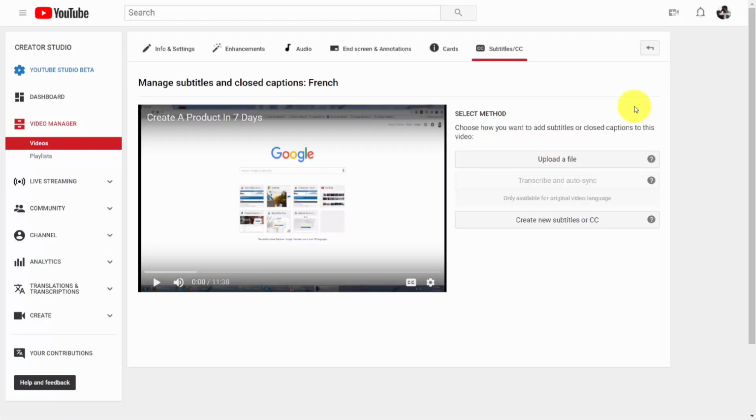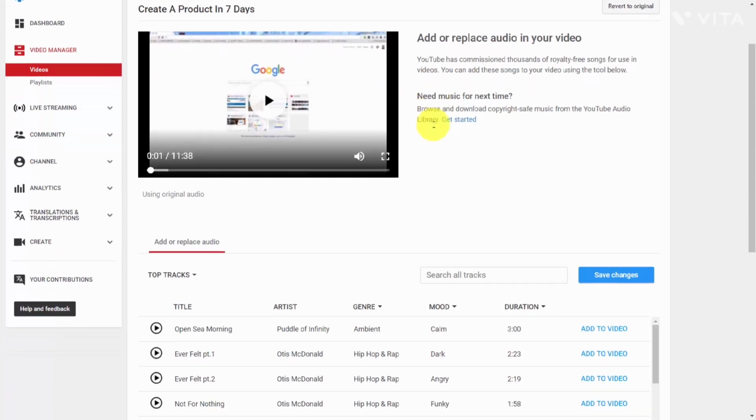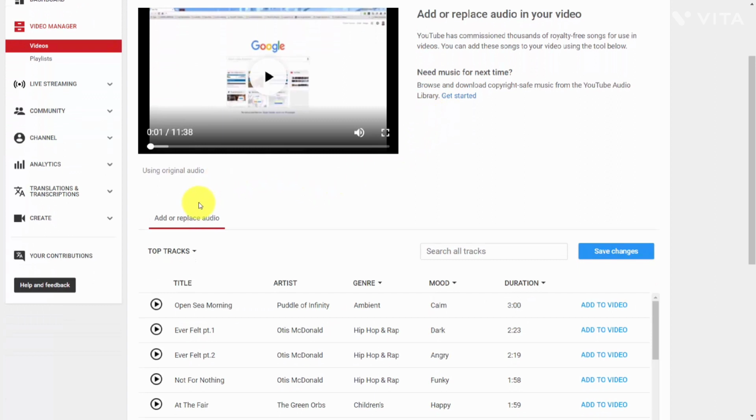Welcome back. Now, depending on what your live stream is and what you're trying to do, another part of the post-production process may be to add music. You can do that inside of your video editing screen by going to this link that says audio. When you do that, you'll notice that you can add or replace audio inside of your video. Now, you're not going to be able to add anything from your personal computer to your existing video, but you will be able to add music that is already available on YouTube